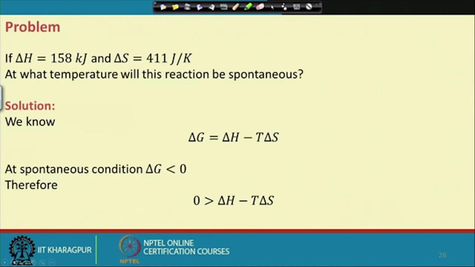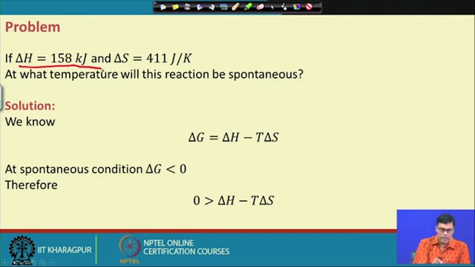Now, this is the problem that we also try to work out: how we can use this for calculating the temperature required for any kind of chemical reaction. Now, let us assume that del H of the reaction is 158 kilojoule and del S is 411 joule per Kelvin. Now, this is the equation we have, and so in case of a spontaneous reaction, del G should be less